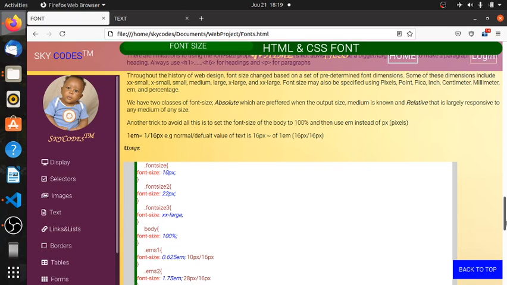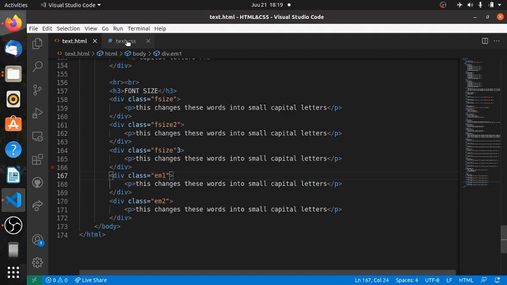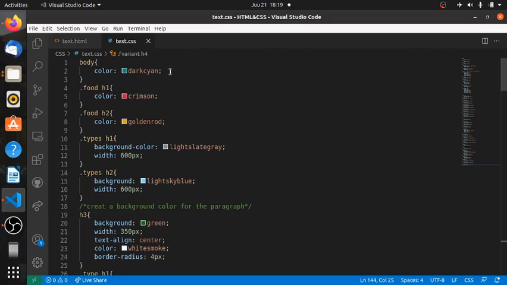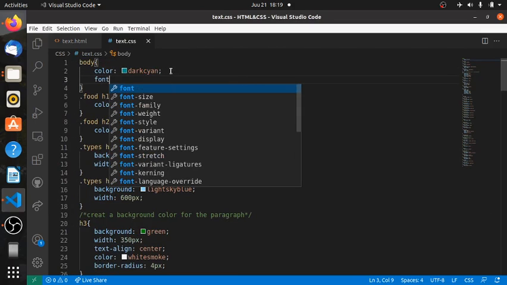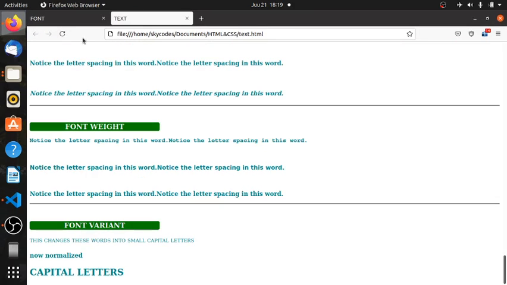So what does that mean? That if you wanted to use EMs properly, you would have come here on the body of the page here and set the font size to 100%. Okay. When you set that on the body section, how does it look like? You are saying that all this is under 100%. Then you can use EM